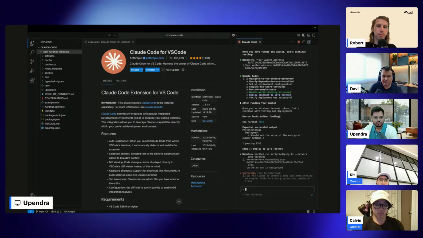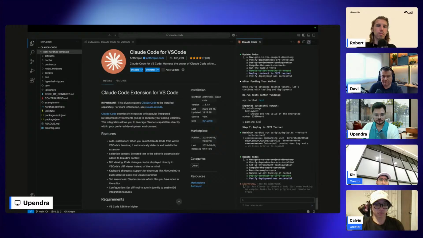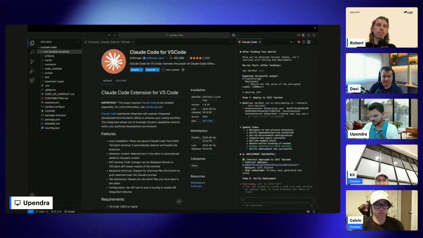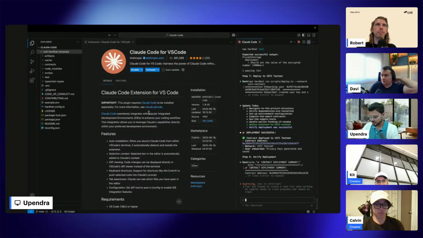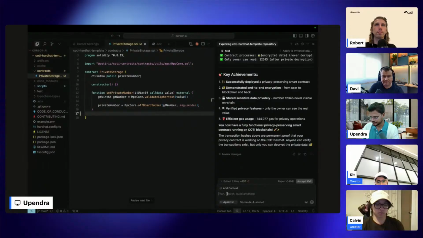Meanwhile, what we can do is try to find out if Cursor and Claude can create another contract for us, now that they have some understanding of COTI. So let's just try to find out some private tokens or private contract. So I'm going to ask,